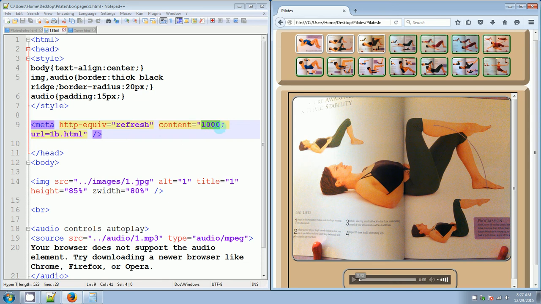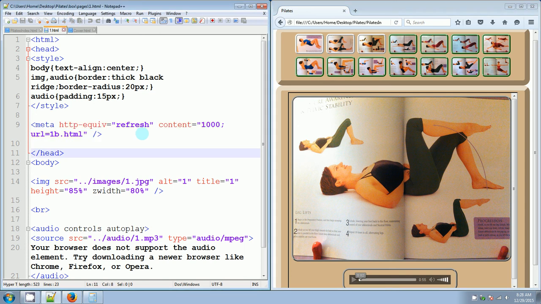I'm not going to wait that long between pages because it shouldn't take that long. Each page, I'm going to guess, should probably take 5 minutes or less, which would chop this down. If this were 5 minutes, 5 times 60 would be 300 seconds. And for each page that you're on, I'm on 1.html, the next page that follows, I put a tooltip here to